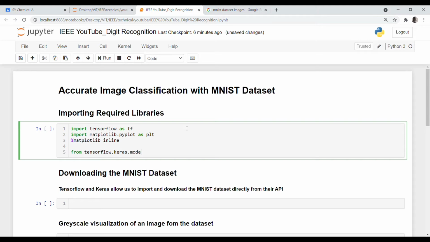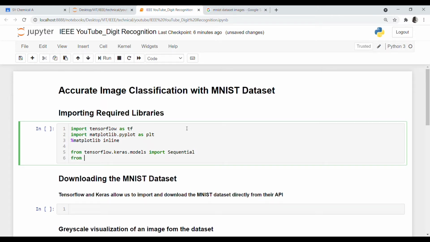Now for the layers, as I mentioned previously, from tensorflow.keras.layers we'll be importing Dense layer, Conv2D layer, Dropout, Flatten, and MaxPooling2D. Let's just run this.